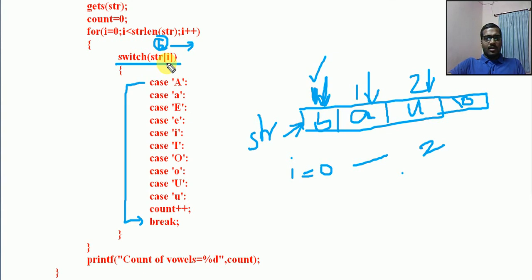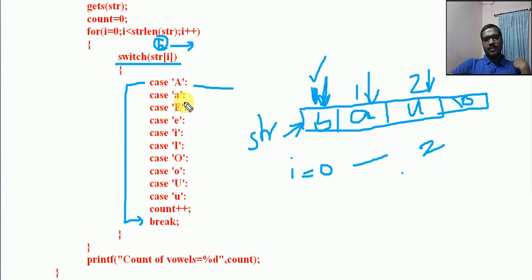Okay, now case A, colon, I am not giving any value. What will happen? Normally how are we writing switch? Case number or case character, right? So str of I is already a character. We are expecting a character, so the different cases will be in character format. So case A, do nothing, don't break.